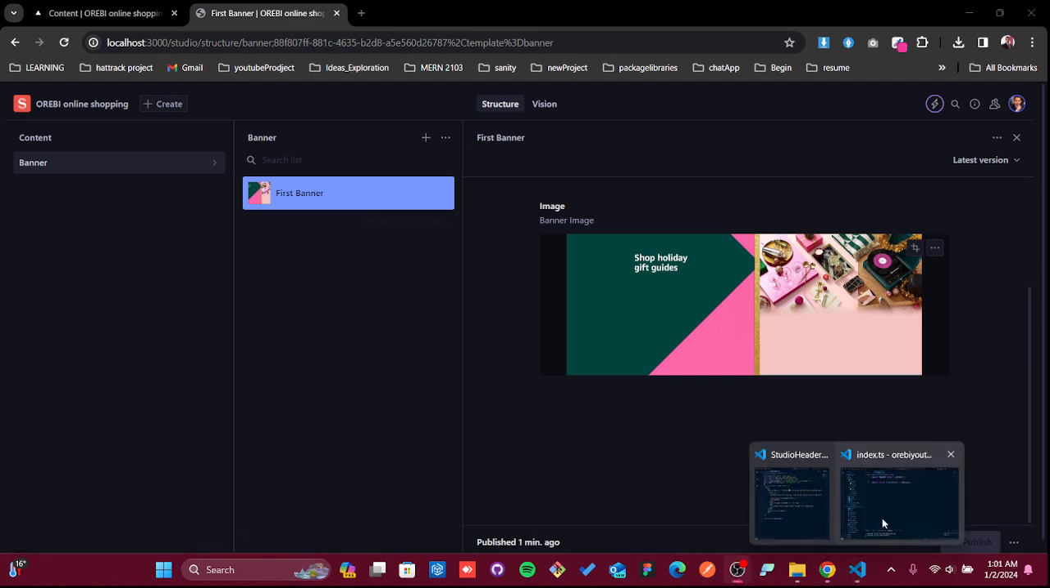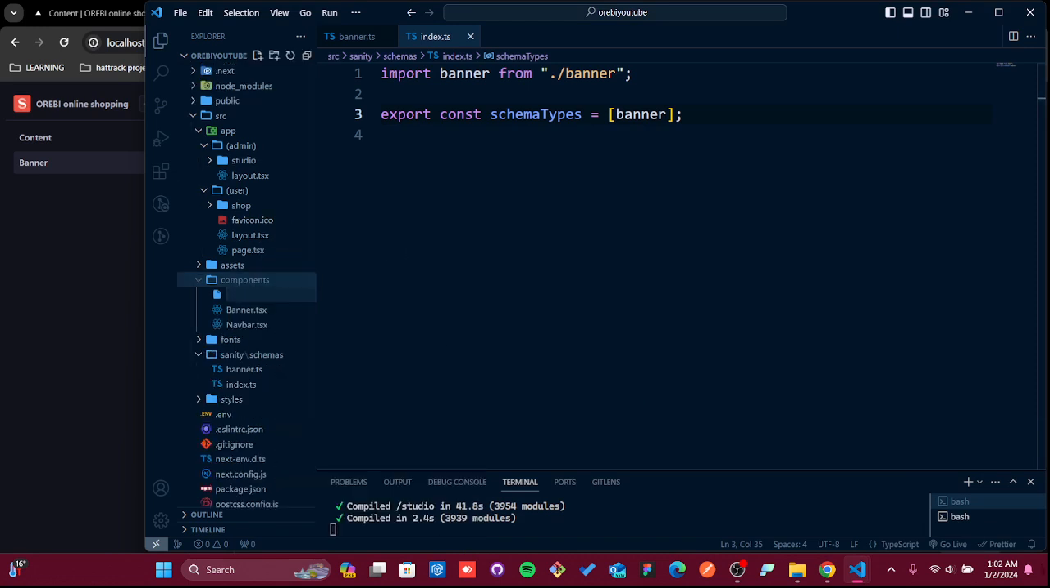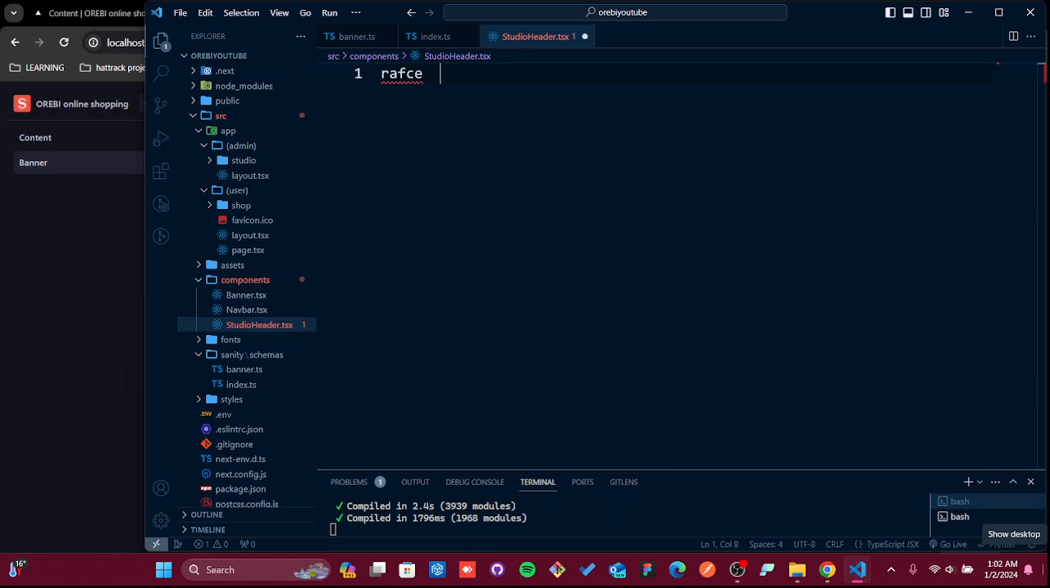And to implement that, I will go back to my component. I will take one more file, which is going to be a studio header or a studio navbar. I'll just keep studio header.tsx, rafce. Okay,